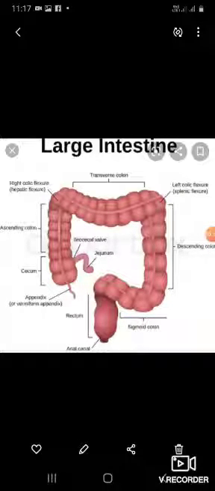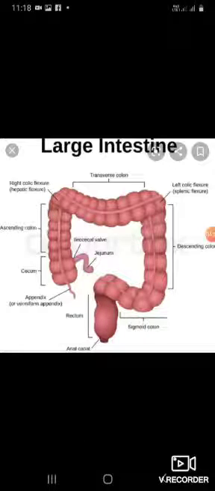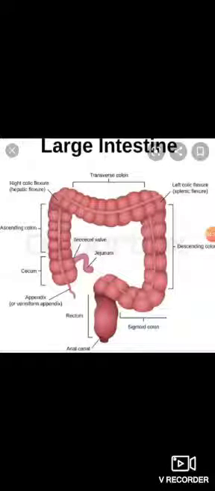And number 4, since the taeniae are shorter than the circular muscle coat, the colon is puckered and sacculated. As you are looking, it is sacculated, that means it has wrinkles on its surface and inner side. Number 5, small bags of peritoneum filled with fat, called the appendices epiploicae, are scattered over the surface of the large intestine except for the appendix, the cecum and the rectum. These are most numerous on the sides of the sigmoid colon and on the posterior surface of the transverse colon.